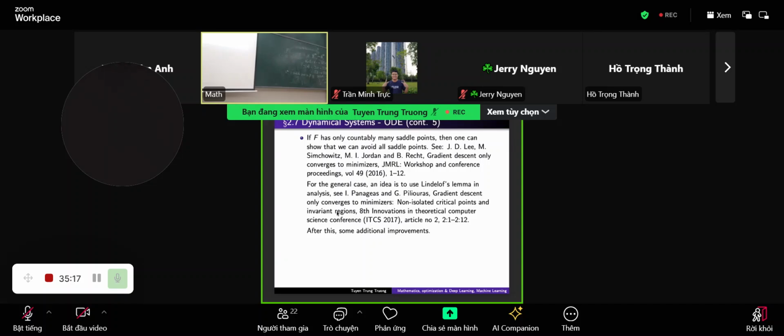But then later, these people, Panageas and Piliouras, they show that you don't need this condition, that this one is isolated, by using the result from